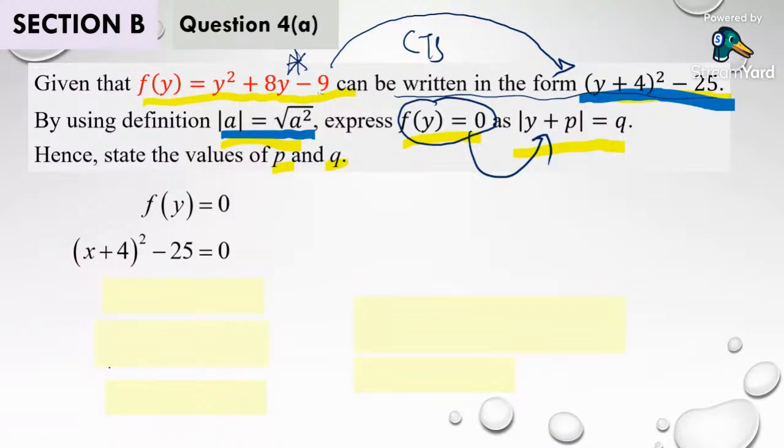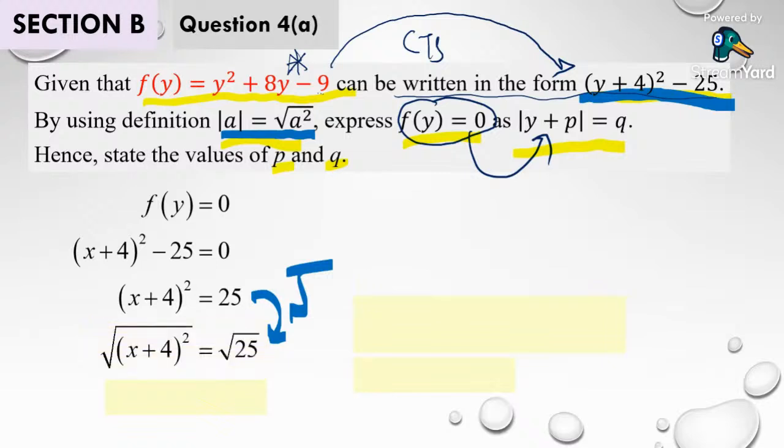Then what I do next is that in order to apply the definition of the modulus, I need to have square on one side, the rest on the other. So I have the negative 25 rearranged to the other side. And now, watch out, for this part to the next part here, what we want to do is square root both sides. Insert square root on both sides. No plus minus sign, just insert square root on both sides.